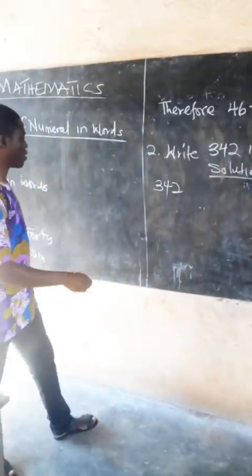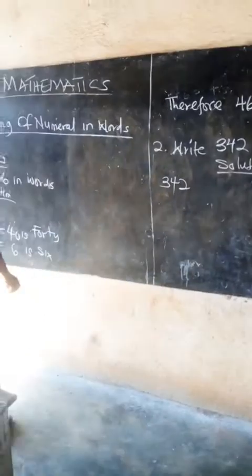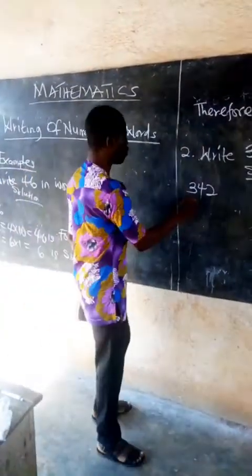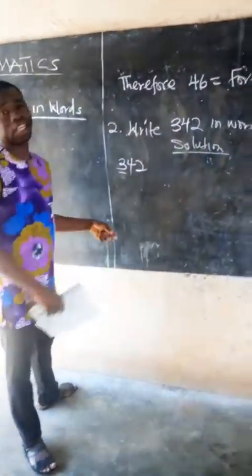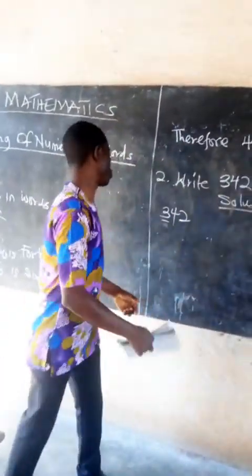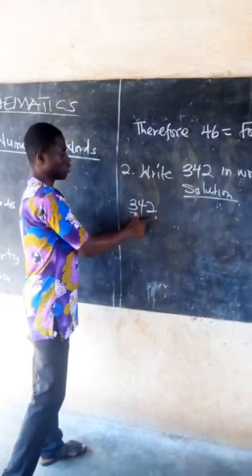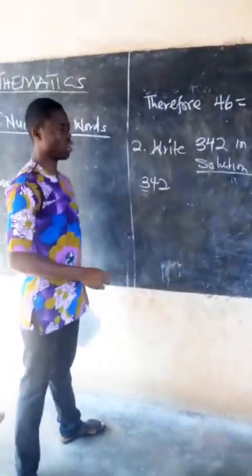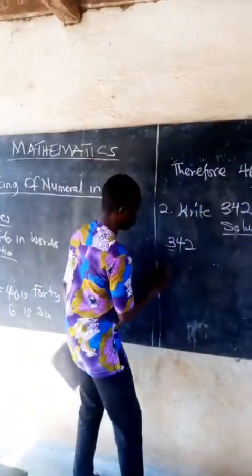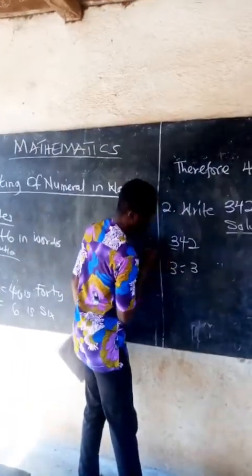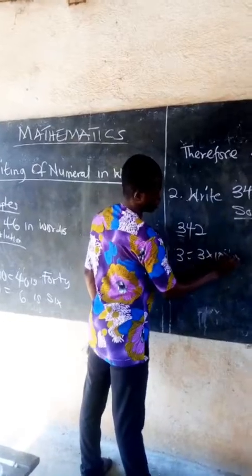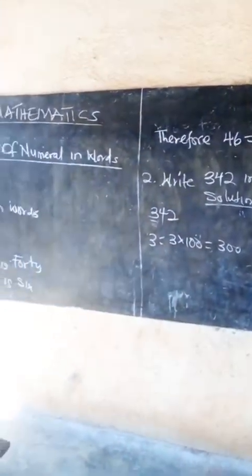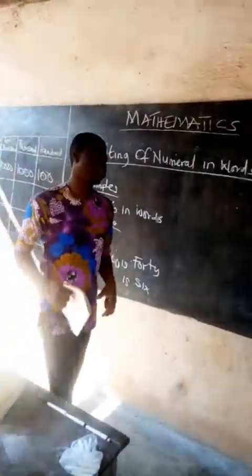3 is in hundreds, because 3 is in the 100 place. After the 3 we have two more digits, so these will turn to zeros. We have 300. So 3 is equal to 3 times 100, which gives you 300. So in words,